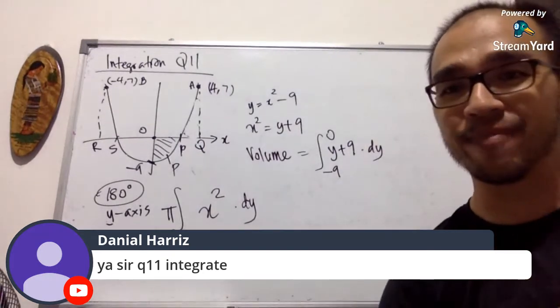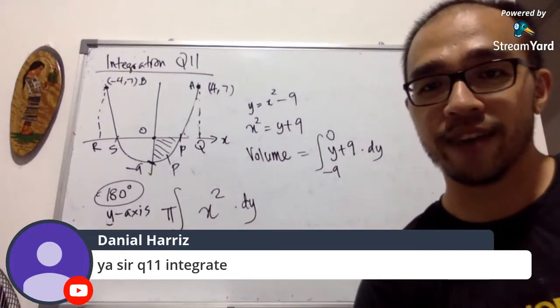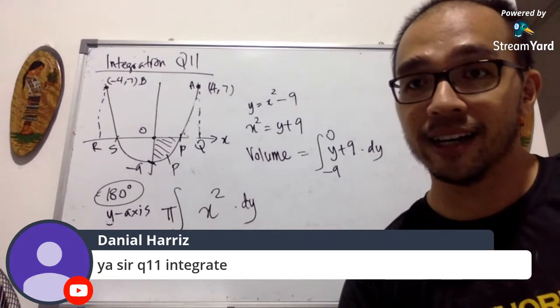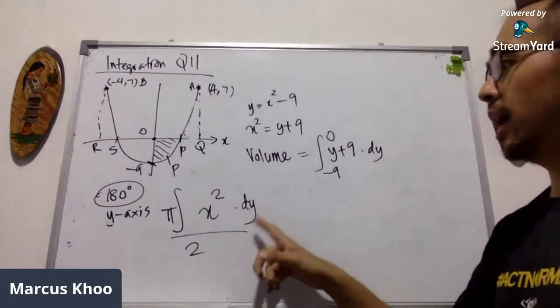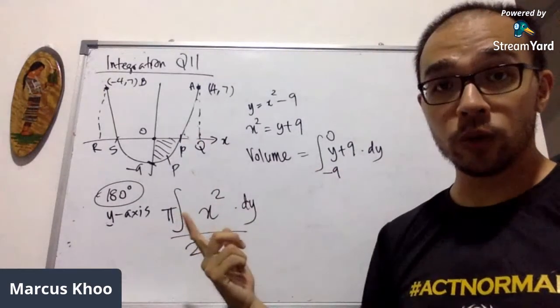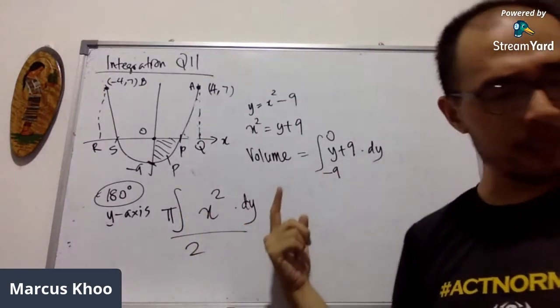Oh, I can't see the bottom part. Sorry. Okay, fine. Turning off. Okay, so we need to divide this by 2. We need to divide this by